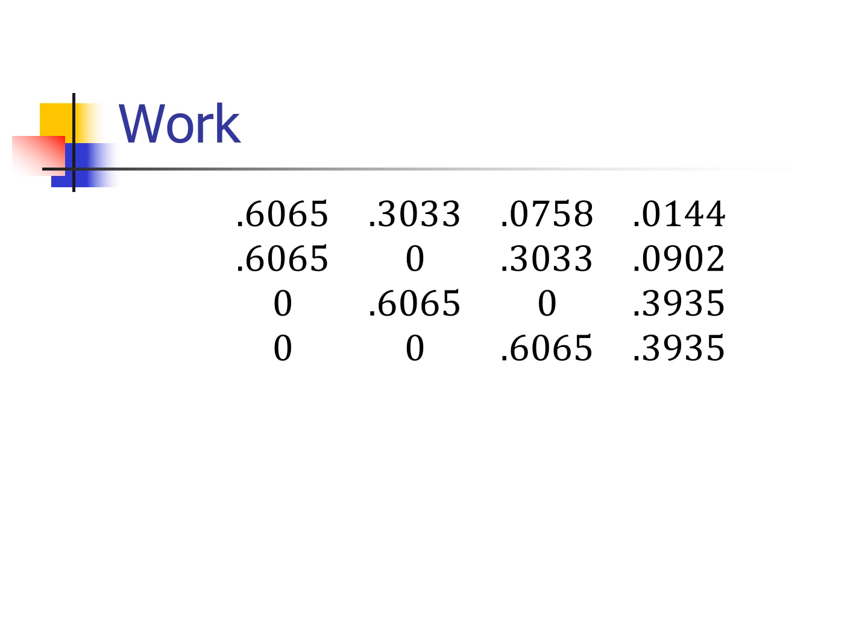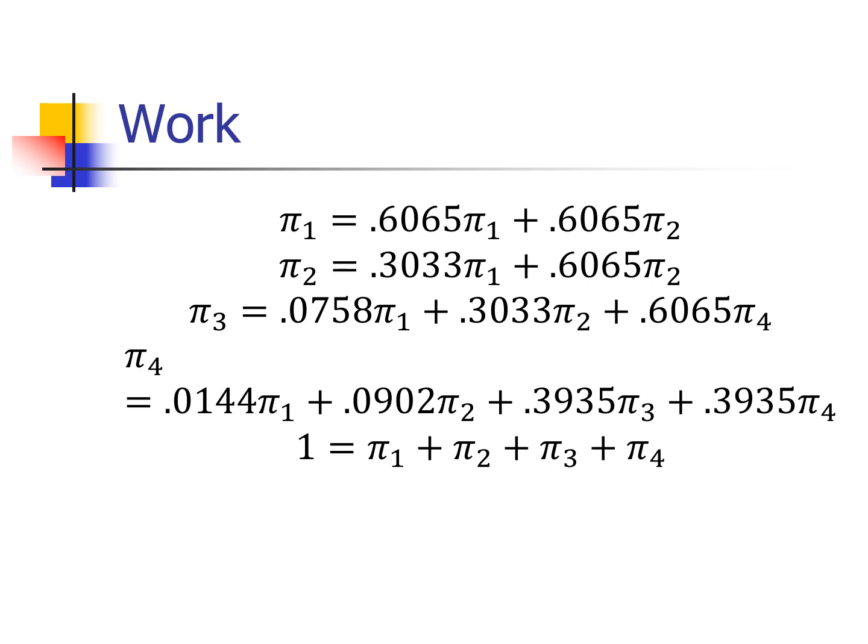And then pi 4 is pi 1 times 0.01, pi 2 times 0.09, pi 3 times 0.39, plus pi 4 times 0.39. So I think I put all this in the next slide. Yeah, that's everything that I said. That pi 4 equation gets a little lengthy and the typesetting got a little messed up. Sorry about that. We also have that extra constraint, a fifth constraint, and that is that all probabilities sum to 1.